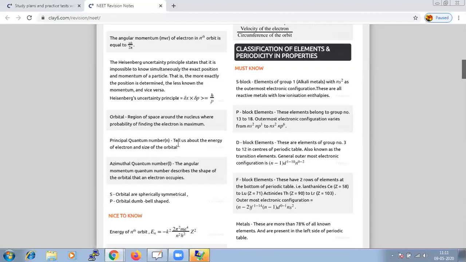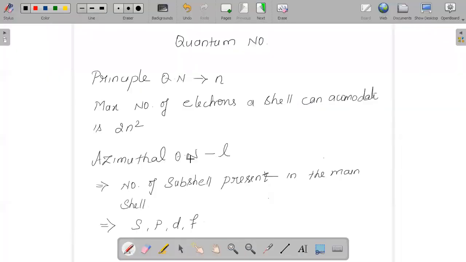That is, how do we relate the principal quantum number to the azimuthal quantum number, spin quantum number and magnetic quantum number, how they are interrelated with each other, or how do we calculate all 4 quantum numbers if we are given any one of the quantum numbers in the exam. So as I explain each quantum number, I'll give you a sample question related to it, so that you understand it in a much better way.